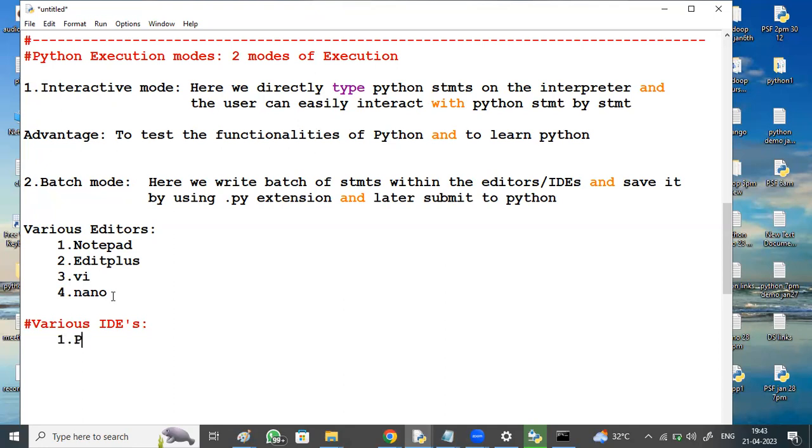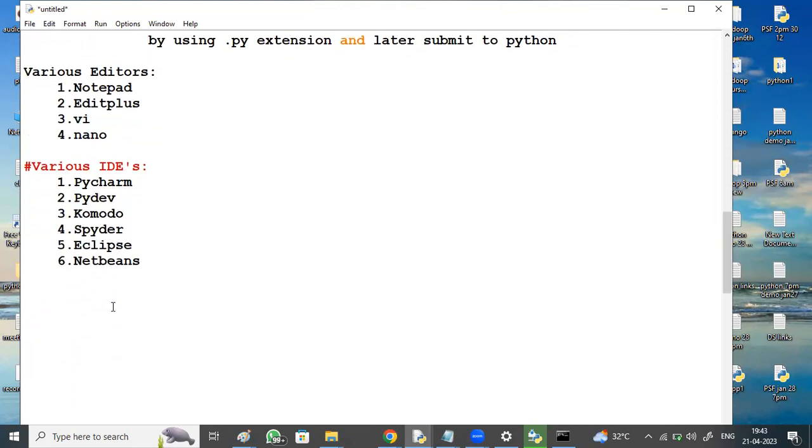Within PyCharm we write the Python code, and within PyDev. The IDEs supported by Python include PyCharm, PyDev, Komodo, Spyder, Eclipse, NetBeans, Jupyter Notebook, which we get within the Anaconda distribution, and VS Code.